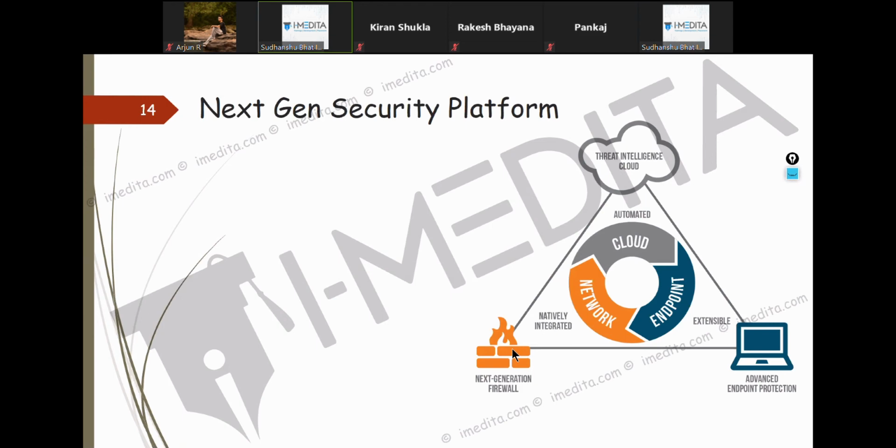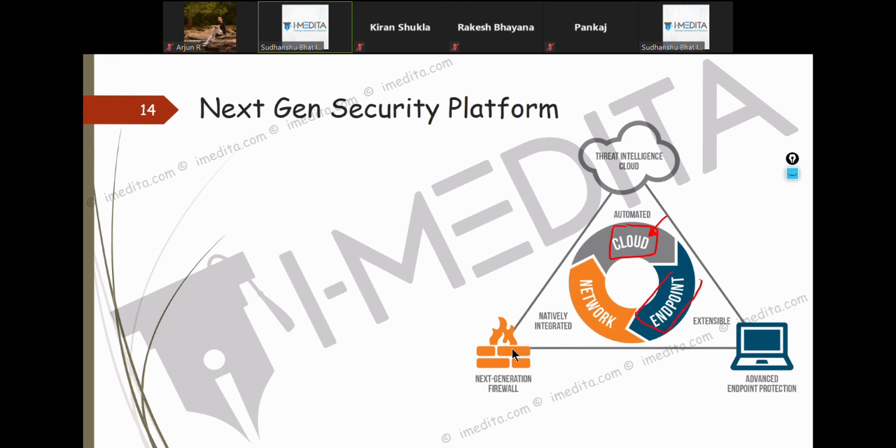Okay. Next, let's talk about the approach Palo Alto has taken for security here. What Palo Alto says is that if you want to deploy security, you need to secure three things. You need to secure the cloud infrastructure, because all of the enterprises are utilizing some form of cloud.